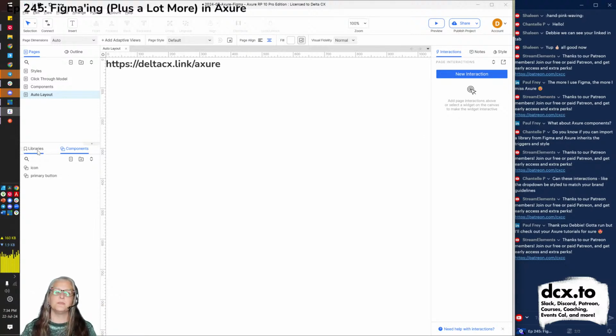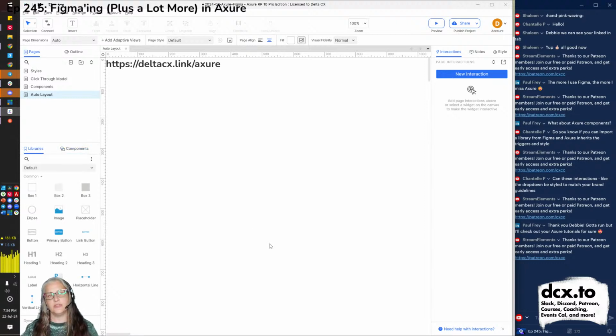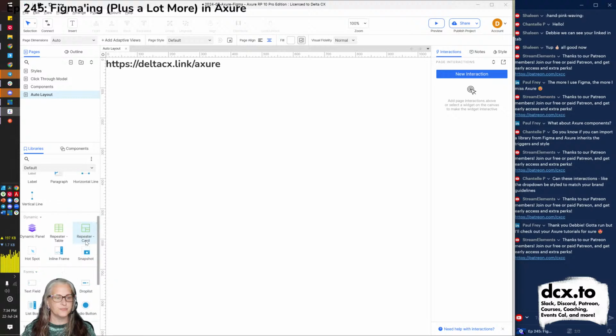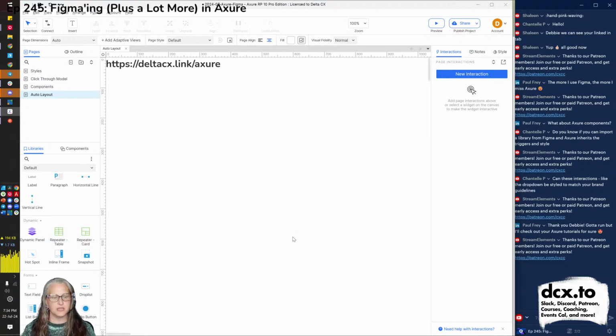So we're going to do a mini lesson on Axure repeaters, and I'm going to build it here with and for you because this page is blank. So I'm starting from nothing. Now, by default, Axure gives you two types of repeaters, but really a repeater is a repeater.